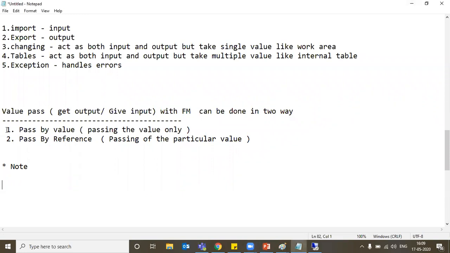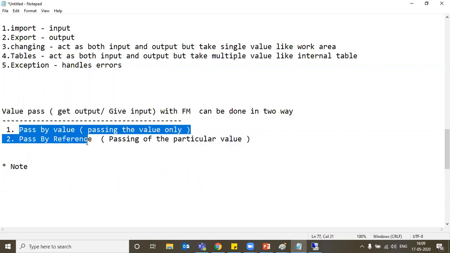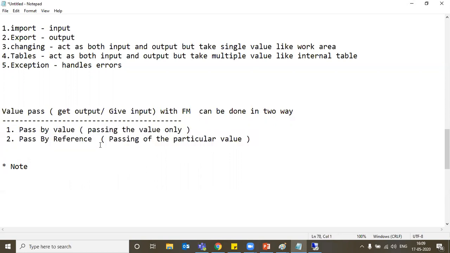So we can use both. I think whatever I studied somewhere, I made a mistake, maybe it's my mistake. So you can utilize both pass by value and pass by reference in a function module. Maybe in subroutine somewhere you cannot use both. There is one point that somewhere you cannot utilize both. But here pass by value, pass by reference, you can utilize in a function module also. Okay.